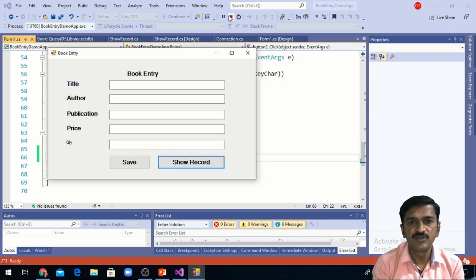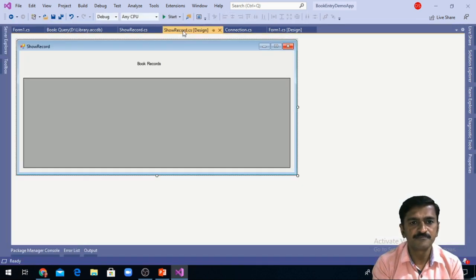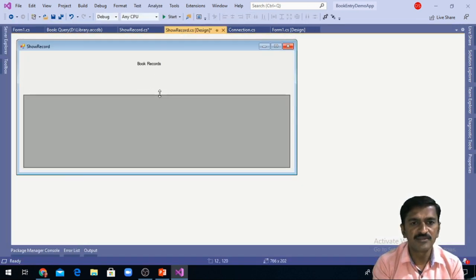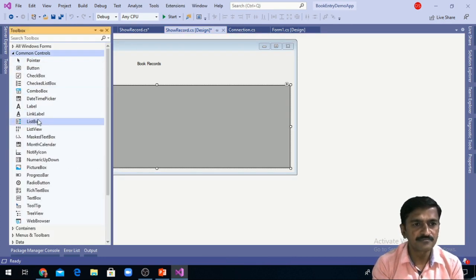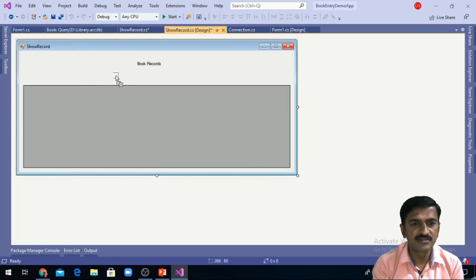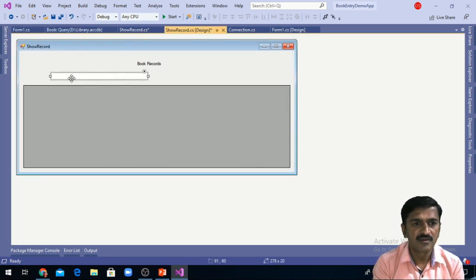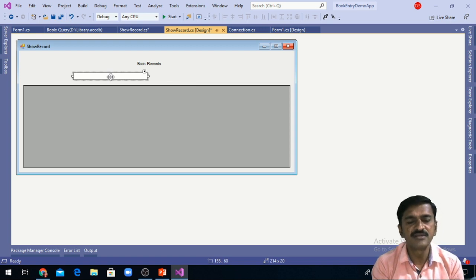So again I am moving toward the design of the second form. Here I am going to add the text box for getting the input to search the record. So I am getting the text box here, and with its text change event, once the user enters some data into this text box, according to that I want to filter the records which are there.